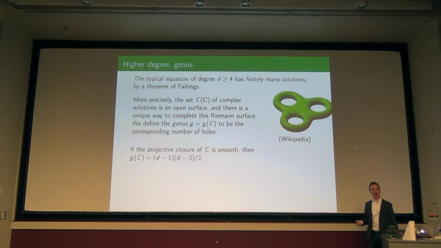If the equation we started with, f(x, y), was already smooth at infinity in some sense, which is typical behavior, then the genus is just given by this expression in the degree. So if you start with something smooth and you make sure that when you tend to infinity, you do that in a nice way, this is what you get. So what are the genera for d equals 1 and d equals 2? That's pretty easy, right? The genus is equal to 0.